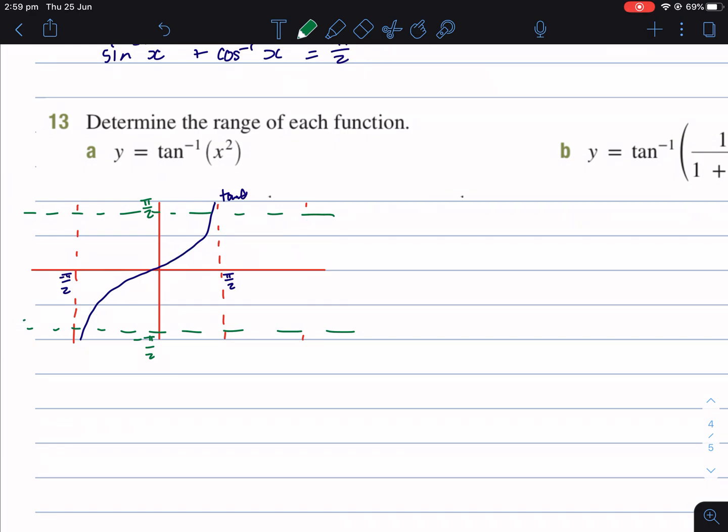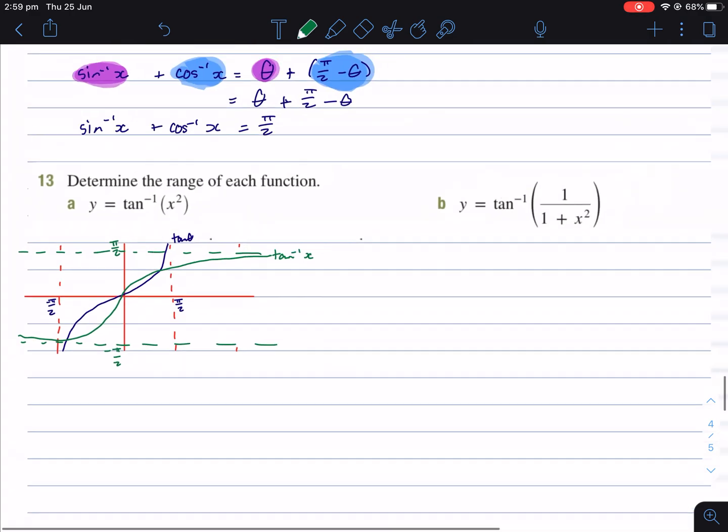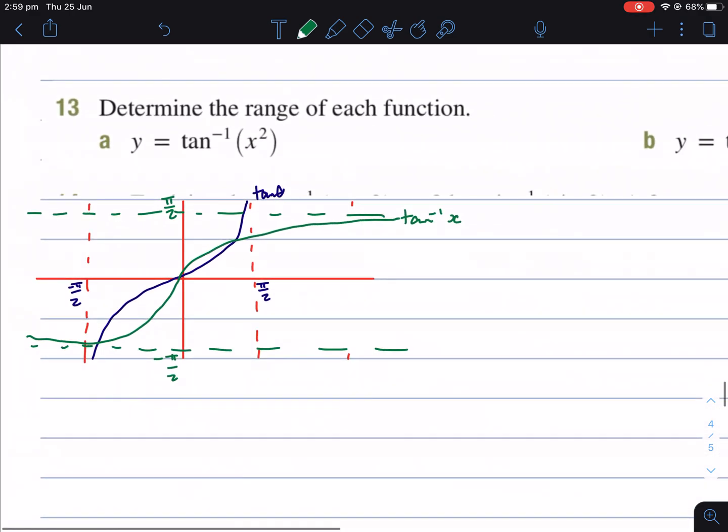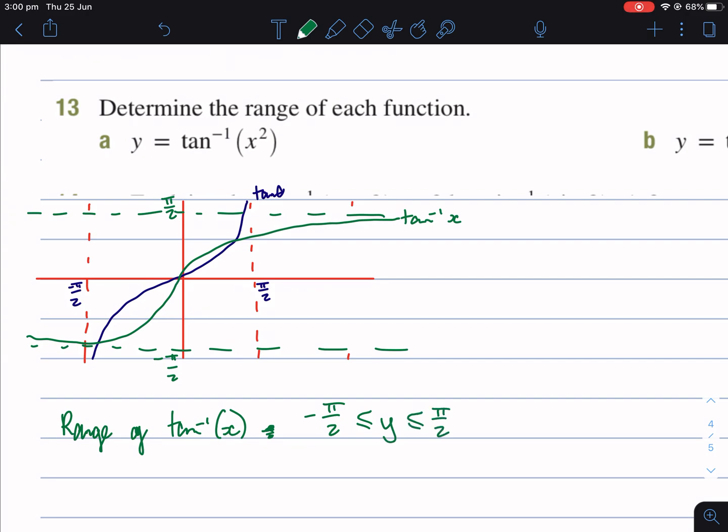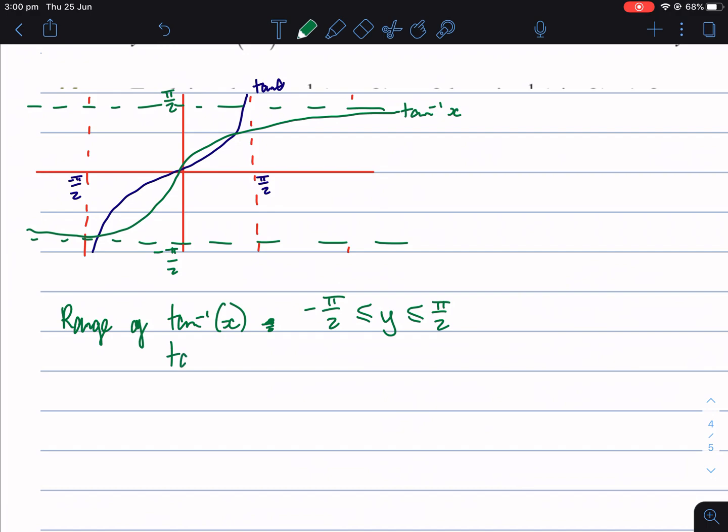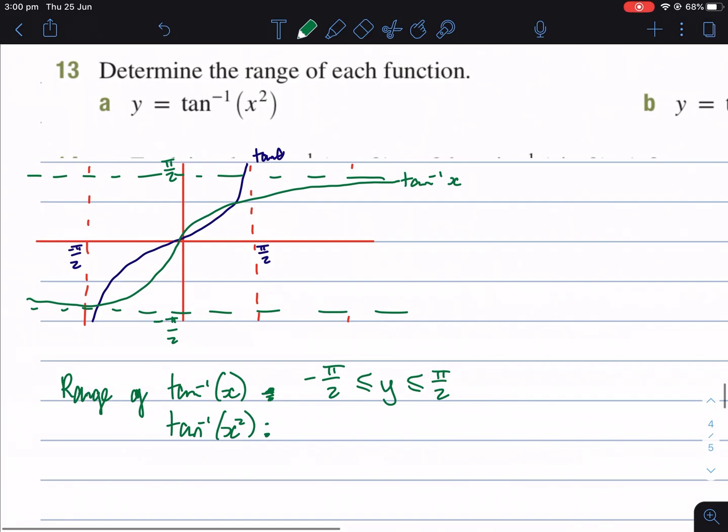yeah, I wish I'd drawn this better. So that's arctan x. Now notice how arctan x goes, so the range of arctan x is from negative pi on 2 to pi on 2. If it becomes arctan x squared, the squared has the effect of like we're not going